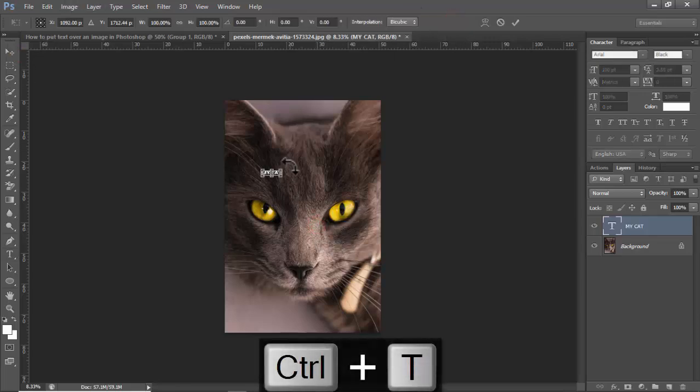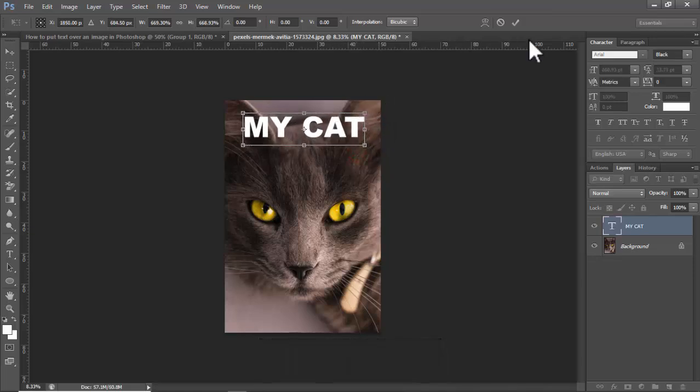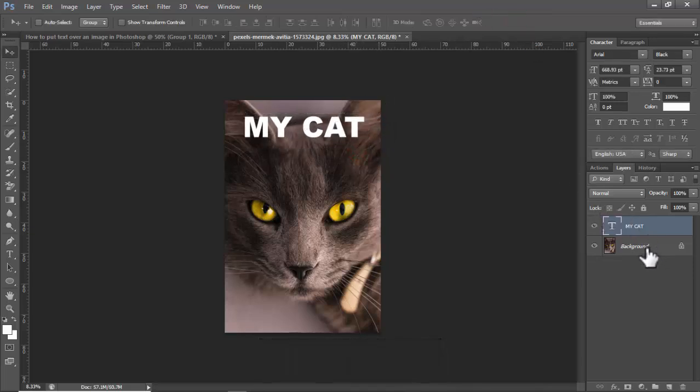Press Ctrl T, hold Shift, click and resize the text. Hold Ctrl, select the photo or image and align middle. And again